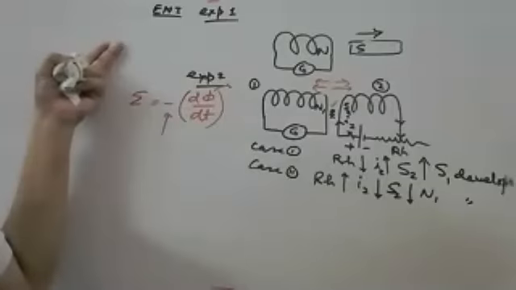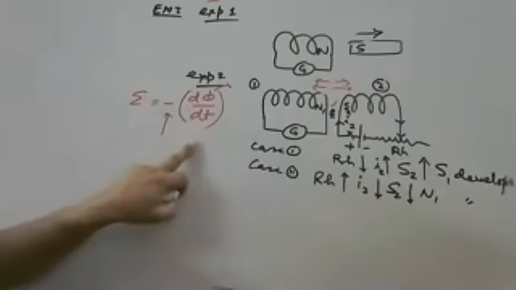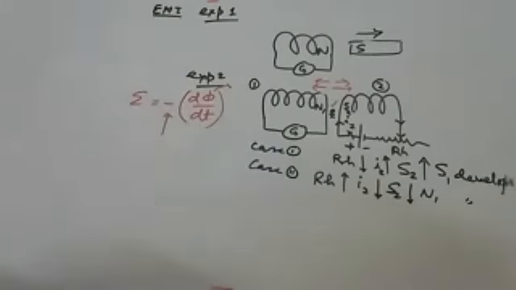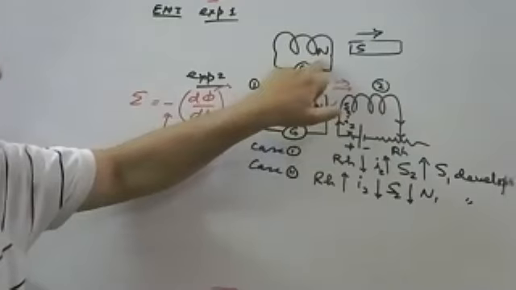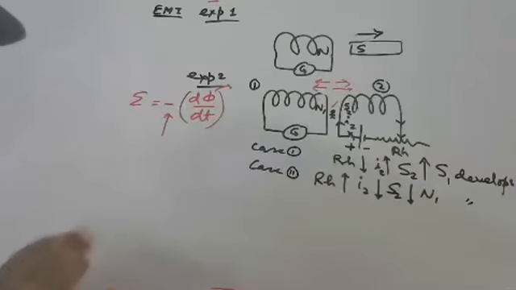Where this Faraday law and the Lenz law are valid, and Lenz law is correct because it supports the law of conservation of energy. Suppose we take the reverse case; the energy conservation law fails. Suppose the south pole is moving away and yet south pole develops. Because of repulsion it is moving away automatically without doing anything, and electrical energy is being produced. It is not possible. Without any effort we are getting the good marks. It is not possible.